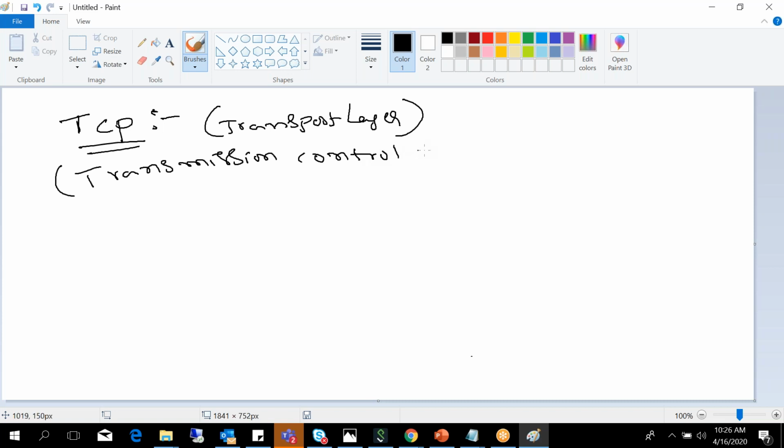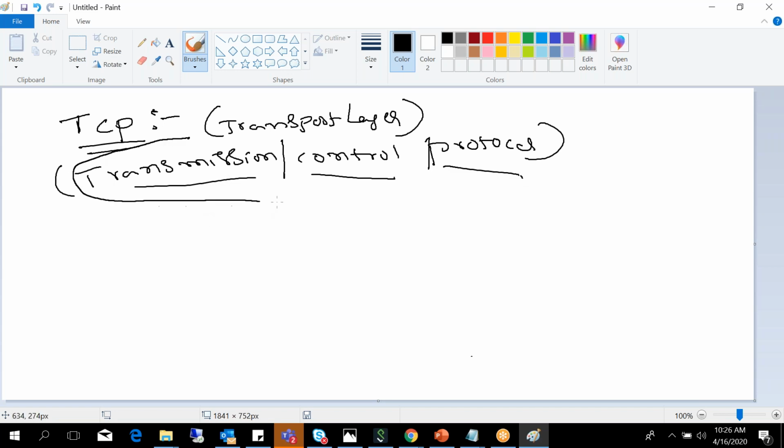The name itself tells you: transmission, control, and protocol. It is responsible for controlling the transmission. So how does it control the transmission?